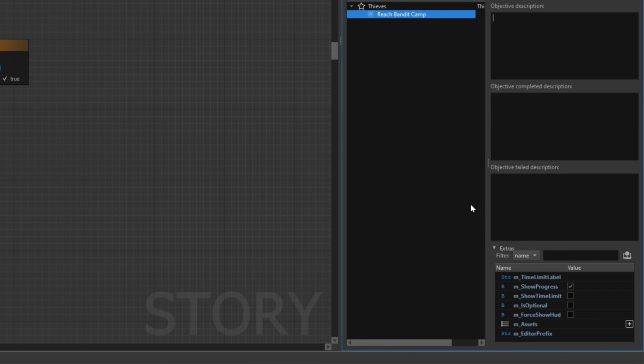Below you can see Show Progress. The function counts all our sensor go-tos and informs our players on the status of their remaining objectives. Don't worry about turning it on. The attribute should already be turned on by default, though you can always double-check in Extras, so the same section where we last wrote our objective description.